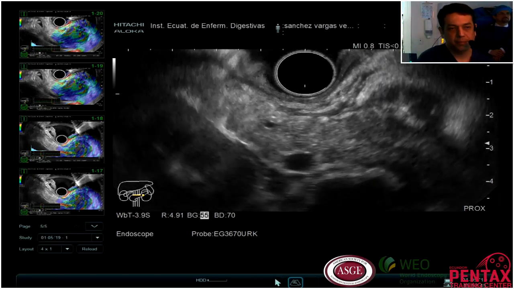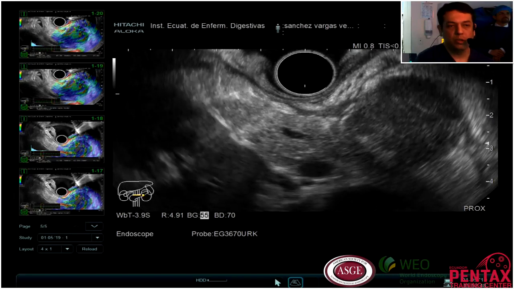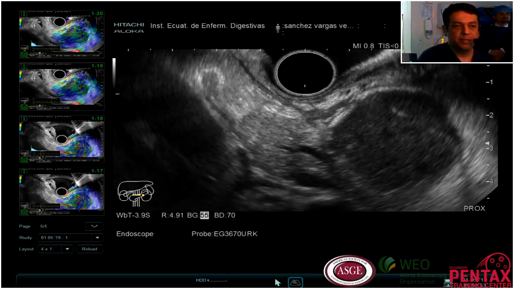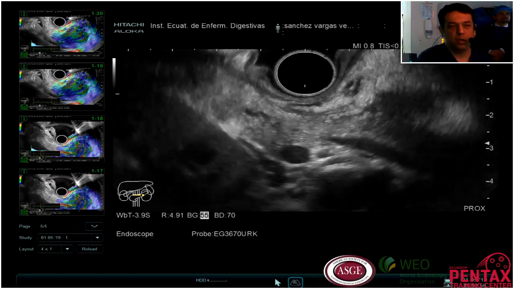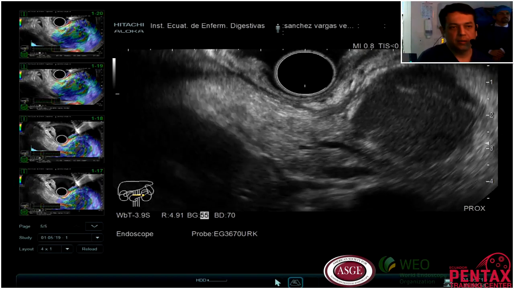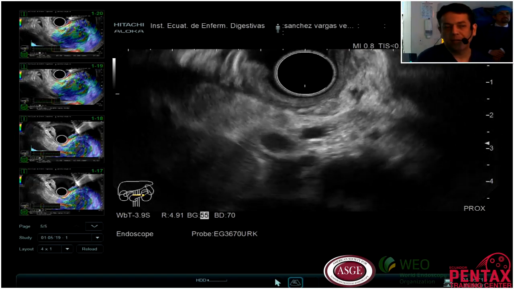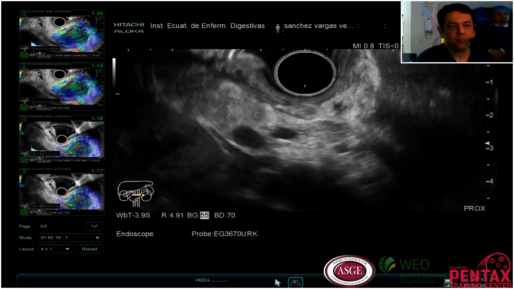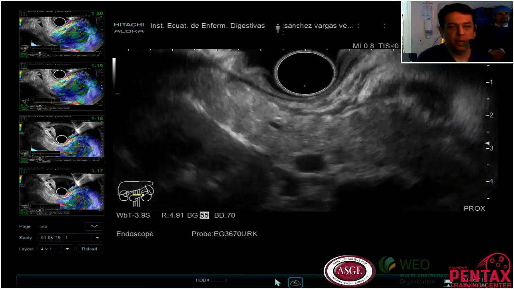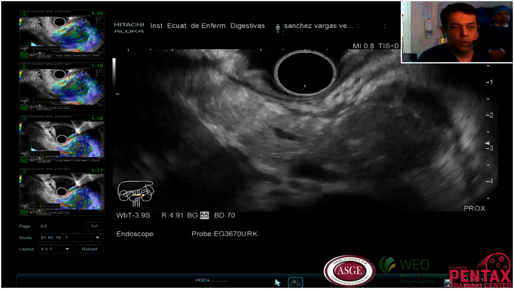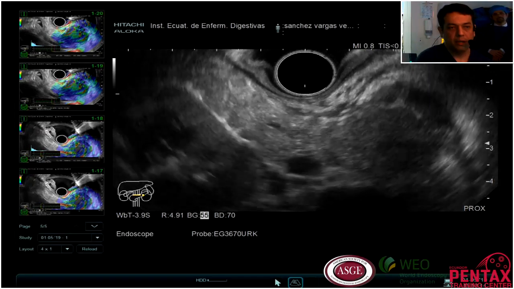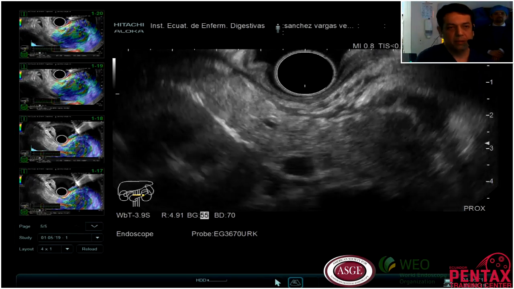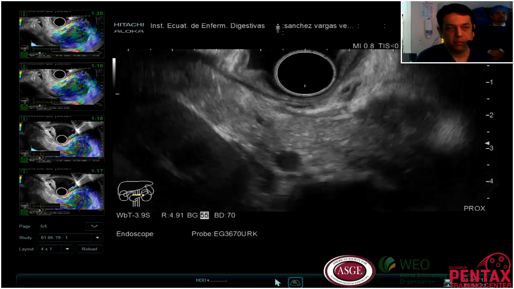So the situation is that we don't know very well the clinical history of this patient, and there are some situations that I need to evaluate very well before taking a decision. I am working today with a Pentax scope and an ultrasound machine Arietta 70.